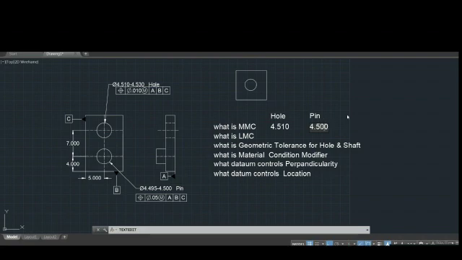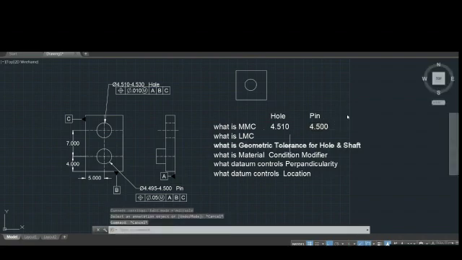So for the pin it will be 4.500. Similarly, we need to write down the LMC. LMC is least material condition. Least material condition is possible only when the diameter of this hole is bigger. That means if we remove a larger amount of material from this hole, then the available material will be lesser.